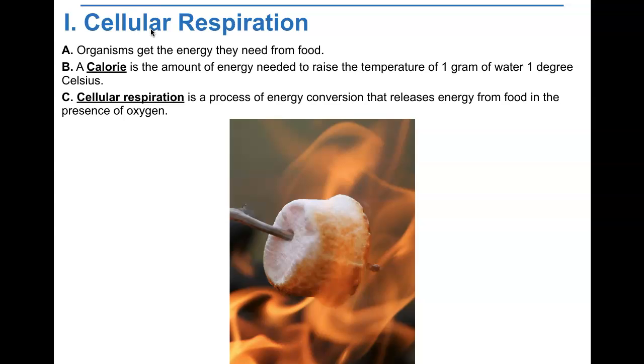Energy that is stored in food is expressed in the units of calories. A calorie is the amount of energy needed to raise the temperature of 1 gram of water 1 degree Celsius. Cells can use all sorts of molecules for food, including fats, proteins, and carbohydrates. The energy stored in each of these molecules varies because of their chemical structures, and therefore their energy storing bonds